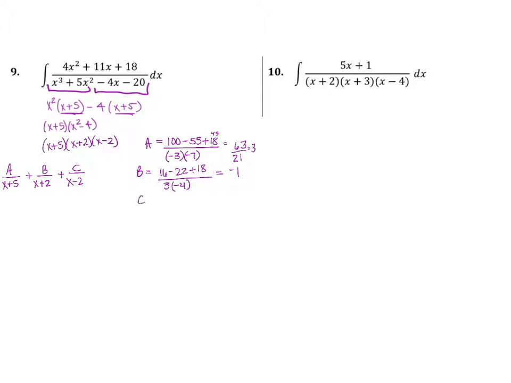Okay, so now for C, same process here, and it looks like with C you should get a positive 2, working that one out. And now what we're going to do is go through our integration. So we're going to have here 3 times the natural log, absolute value of x plus 5. And then B, we're going to have minus 1 natural log, absolute value of x plus 2. And then C is going to be plus 2 natural log, absolute value of x minus 2, and then plus